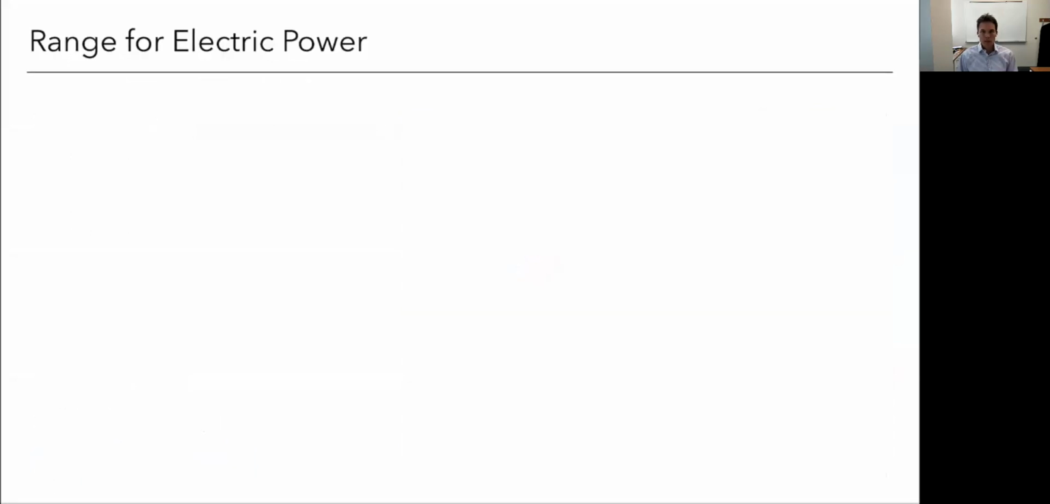To start, we're going to talk about range for an electric powered aircraft. Range is the maximum distance that the aircraft could fly. Electric power is going to be a bit simpler, so we'll start with that, and then we'll discuss